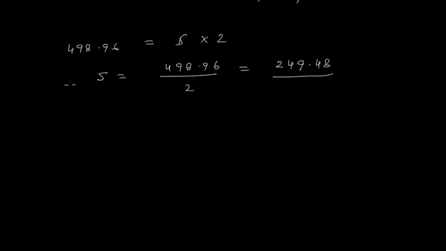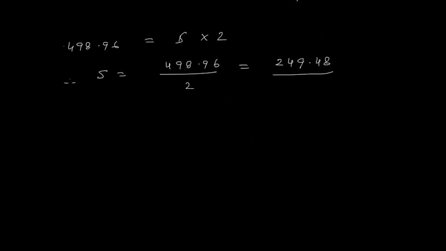249.48, this is the surface area. Now the formula for surface area: for a hemisphere, the total surface area is 4 pi r square, so the inside surface area is 2 pi r square. So the value of 2 pi r square is